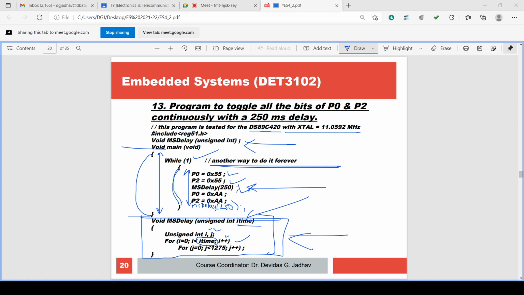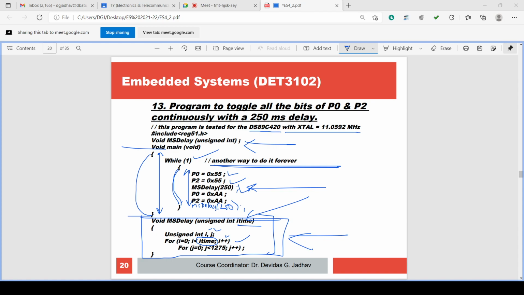Then P0 is outputted 0xAA, P2 is outputted 0xAA, and a delay of 250 milliseconds is executed. Then we are able to observe with our eye P0 equal to 0xAA and P2 equal to 0xAA. That is, the bits of P0 and P2 are displaying AA.